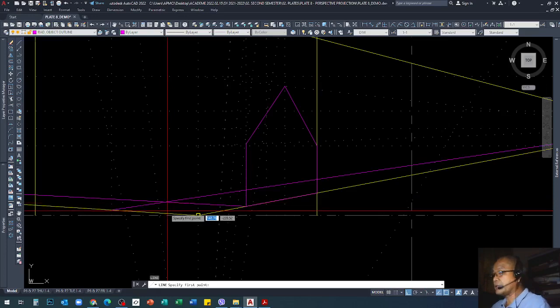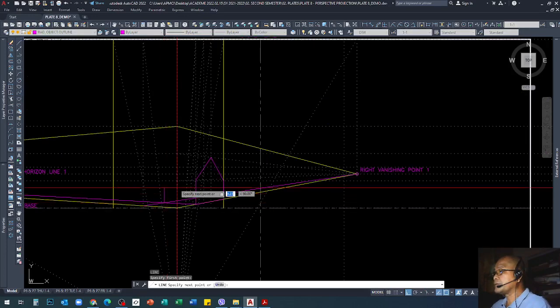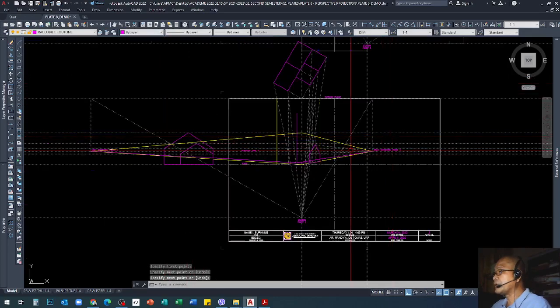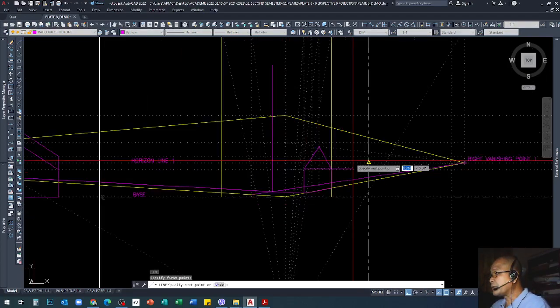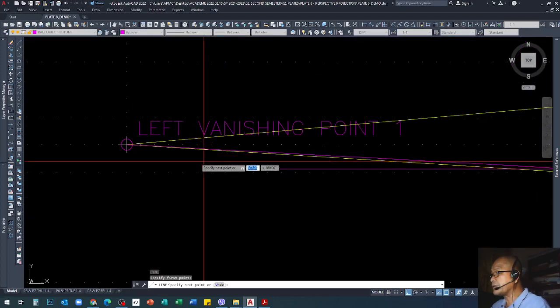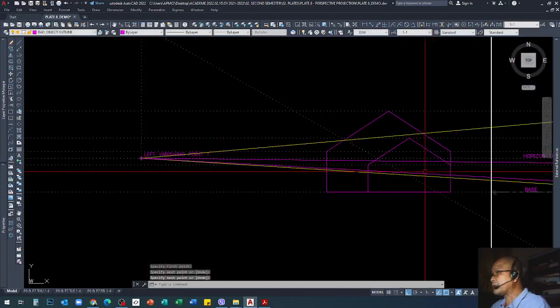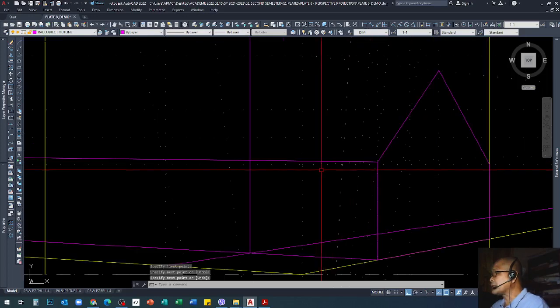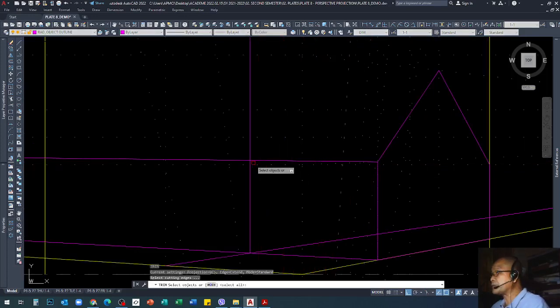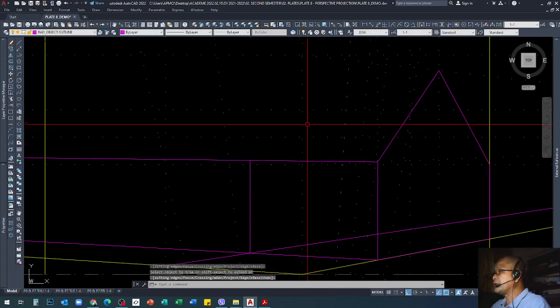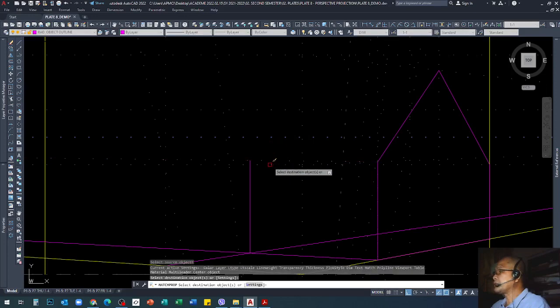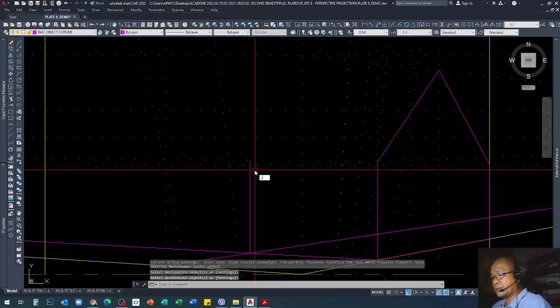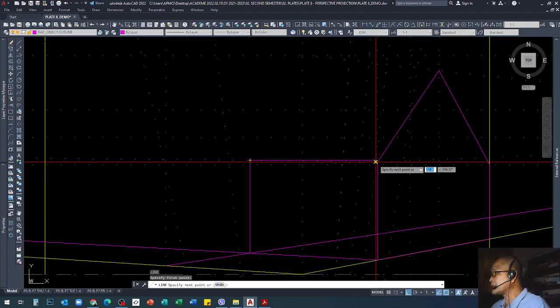Alright, so now we established this corner already, which is here. So we can draw a temporary line, then we will just trim after. So we'll project this one to a vanishing point in order to have the intersection on that vertical line. Alright. Okay, so we will trim this one because we don't need the upper part, and then this one we will change the properties, but we need to draw another line as the final